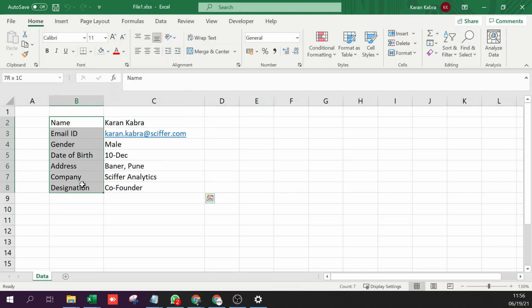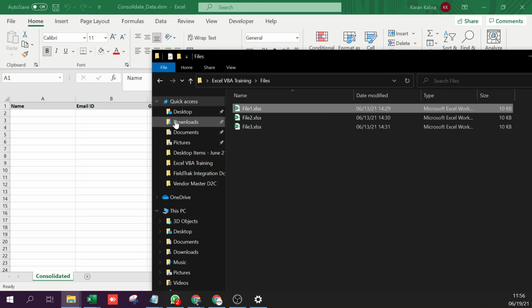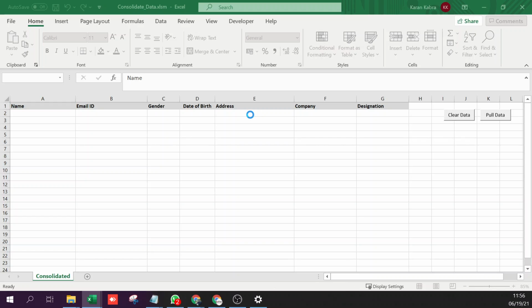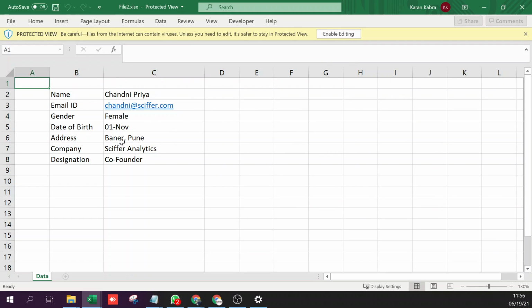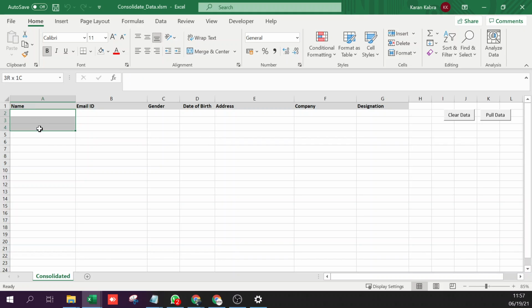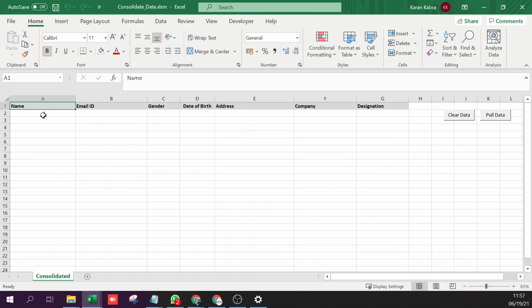So data has been collected in a structured way, and there are a number of files that have data like this. And what I want to do is get all the data in rows here. So if there are 10 files, I need 10 rows.